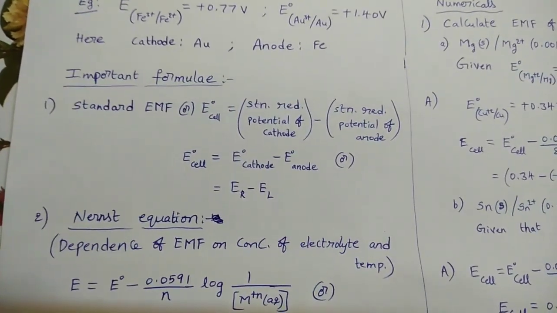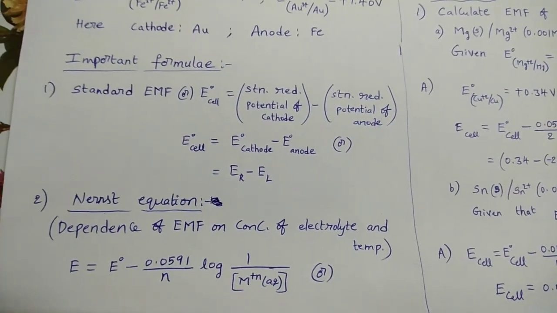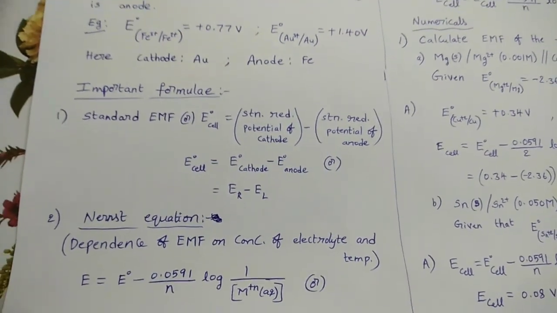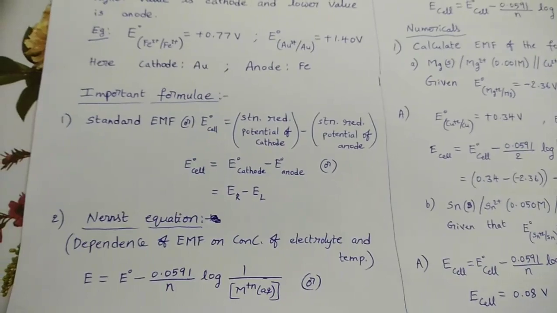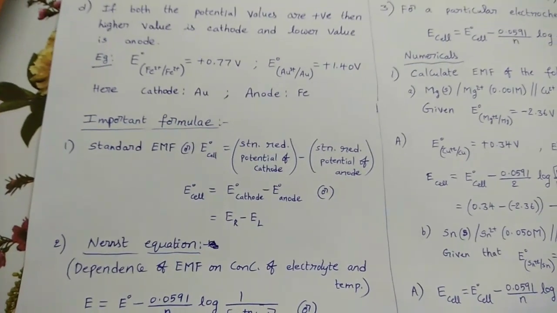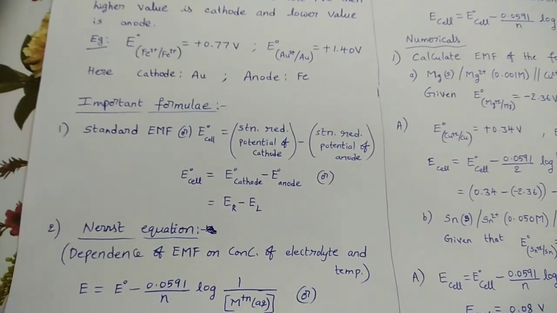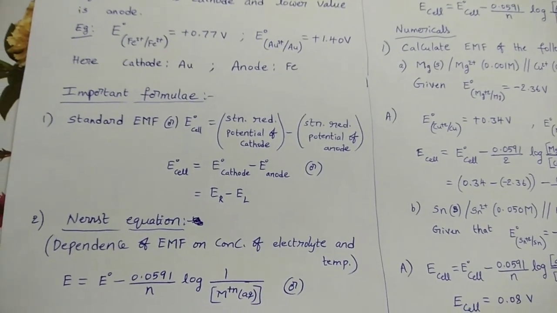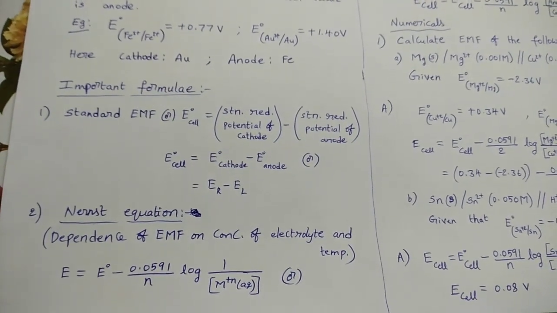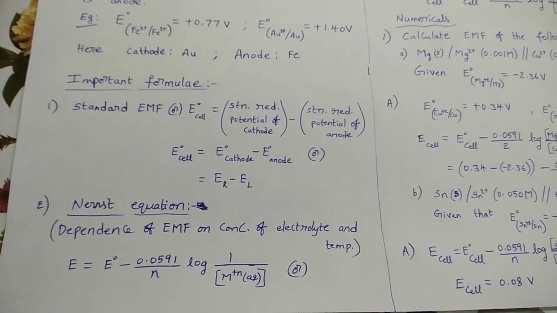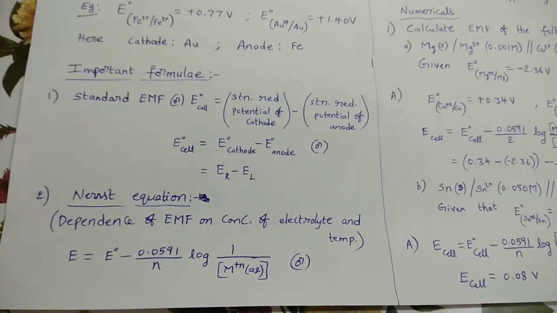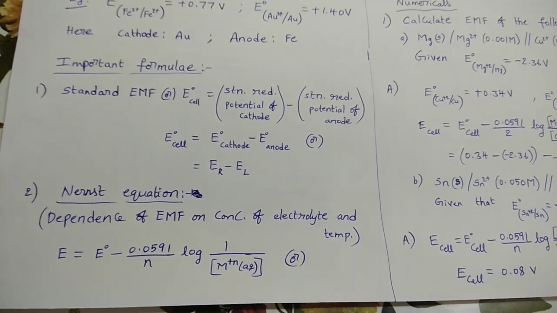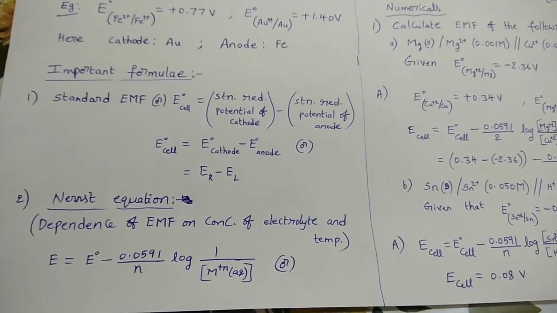Dependence of electromotive force EMF on concentration of electrolyte and temperature, that is the Nernst equation. Generally, a Daniell cell is designed based on the concentration of 1 molar at 298 Kelvin temperature. But at any other concentration and any other temperature, if I want to calculate the EMF of the cell, then we can use the Nernst equation. E equal to E naught minus 0.0591 by n into log of 1 by